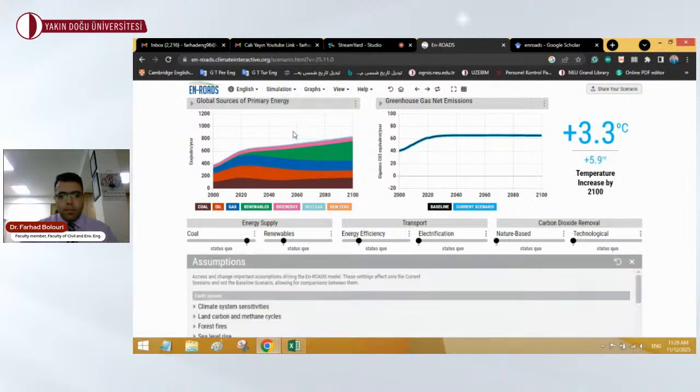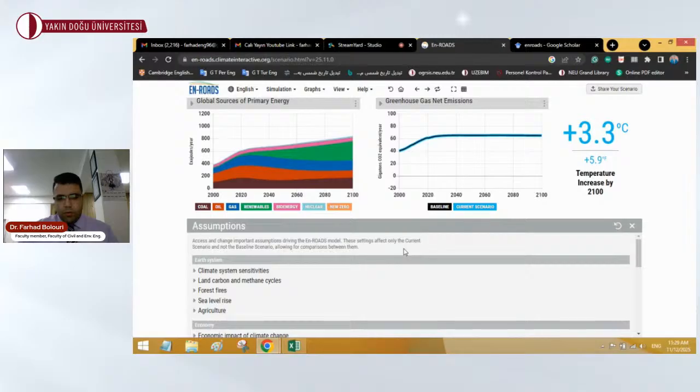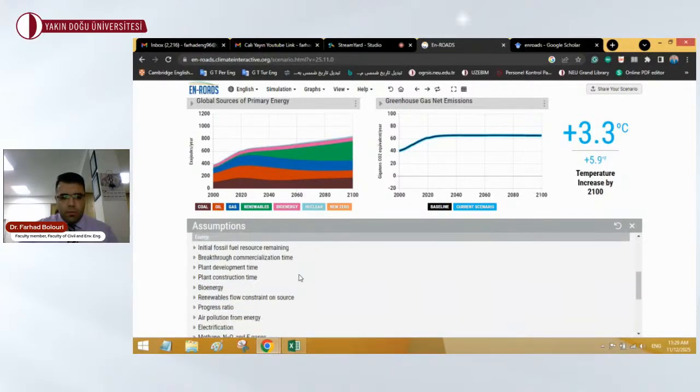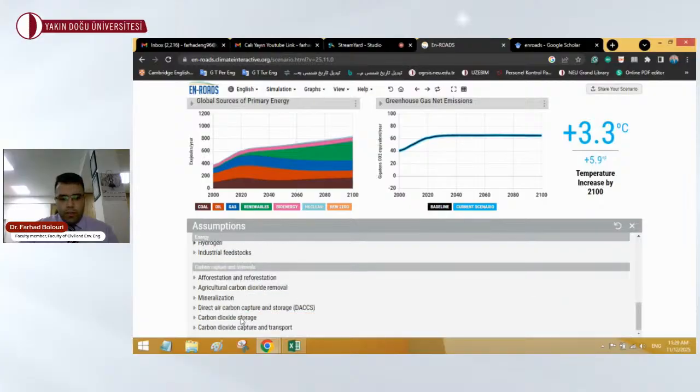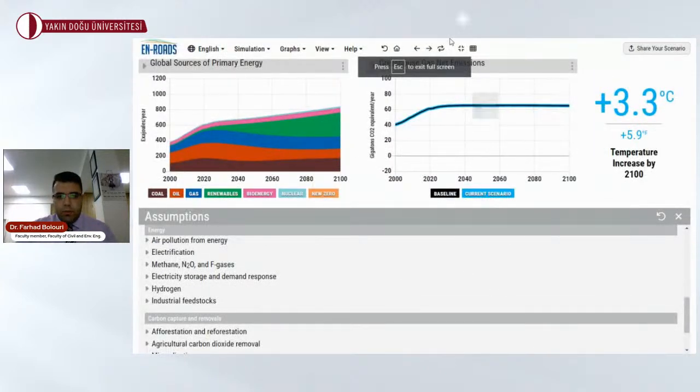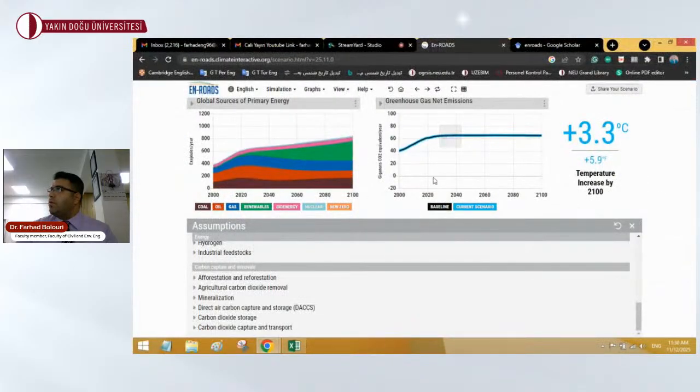What are the assumptions? Because we have more than 14,000 formulas, we have so many assumptions in this modeling. For example, air pollution from energy. Or for the other things, for example, here we have afforestation. To make full screen. Yes, fully screen. Yes, let's make it more clear. Even for this modeling, you can take it in full screen, but I will show you when we go there. I will show you one by one. For example, in here,